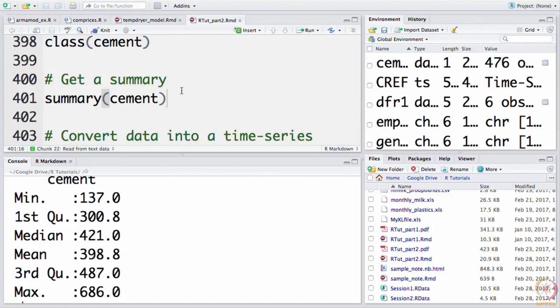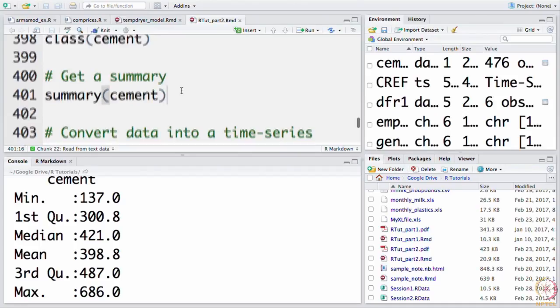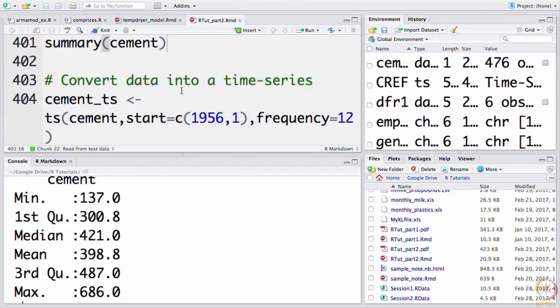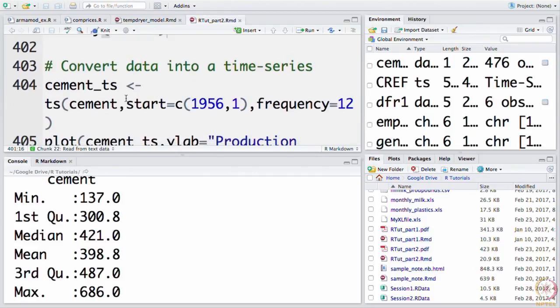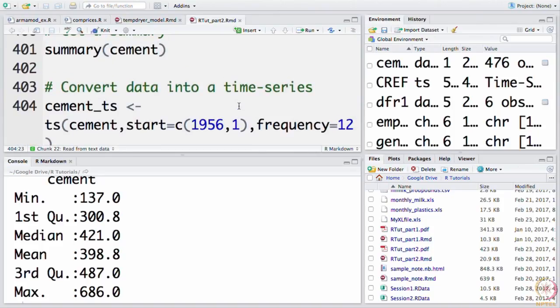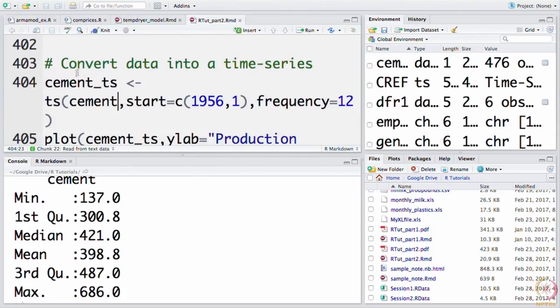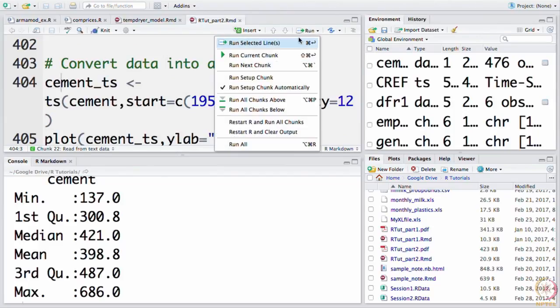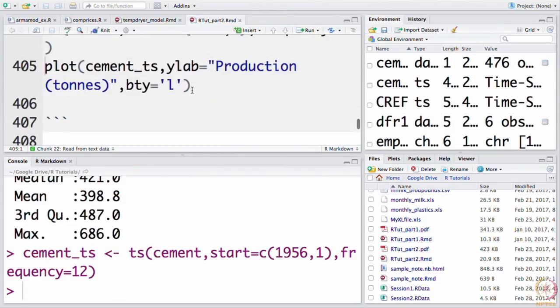So, you can play around, you can change the column name, you can change the row names, or you can convert the data into a time series object. We can coerce a data frame into a time series object, and as we learnt earlier, we use the ts command for this, and we are supplying the start time, and we are saying frequency equals 12 because it is a monthly reading that is available starting from 1956 January. So, if I run this command here, I have the ts object being created, and then